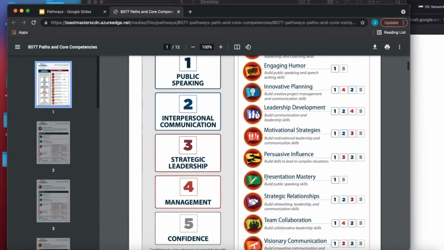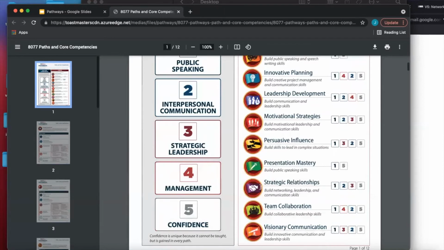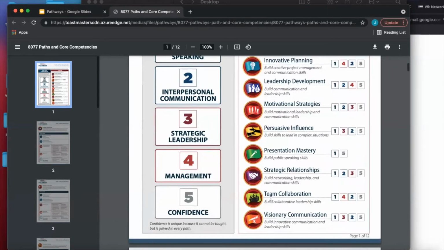This is about how you make speeches, what's your communication style, and then our storytelling, all of those in the very basic presentation, you learn about that. And then strategic relationships is about how you make negotiations, how you build something with a purpose. So you learn a lot about those things. And team collaboration again is about how to work as a team together.